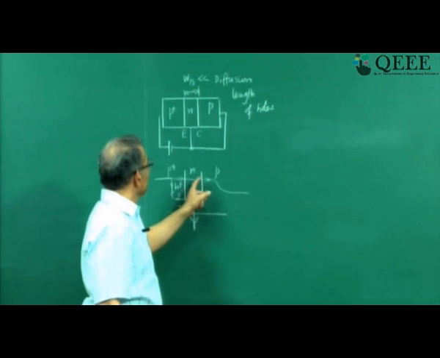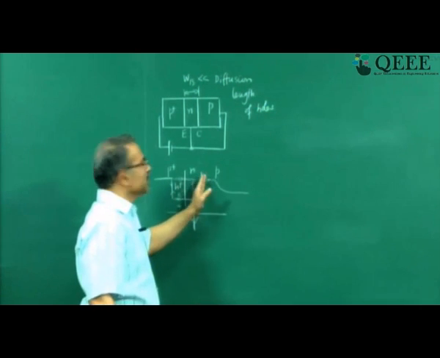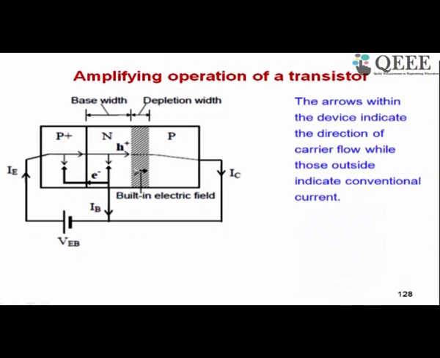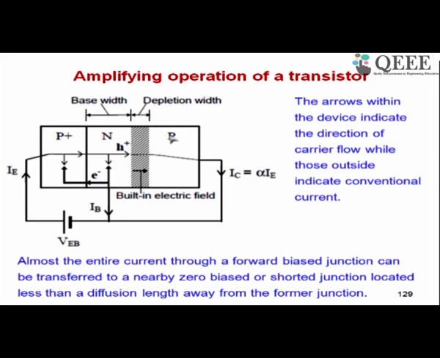Now you will ask, how can they cross over across the junction? Will the junction not prevent it? Now this is what is clear from here. Please see the direction of the built-in field. You know from our discussion of the PN junction that even if the junction is zero biased, there is a built-in electric field, and that is directed from N to P because of the space charge region. This direction of the electric field is such that it will move the holes from left to right, and that is how the holes are able to cross over from the base to the collector. So that is the transistor action.